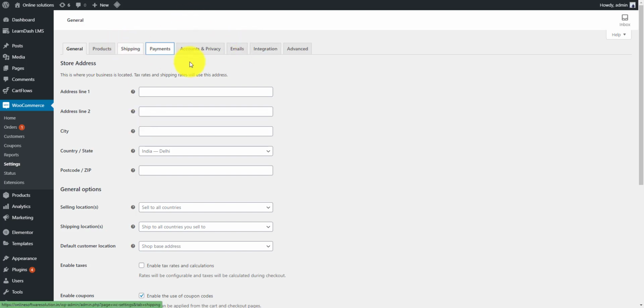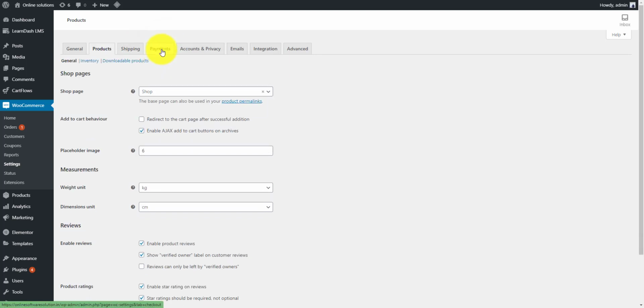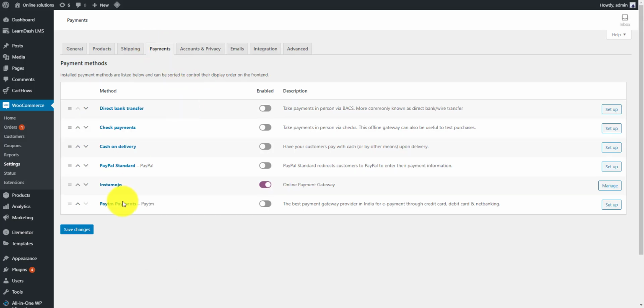I'm sorry, I just skipped it. Right, in the payment section, InstaMojo will appear. We just need to make it active.